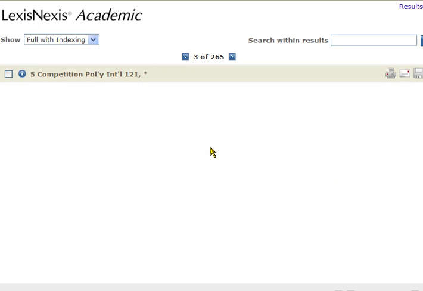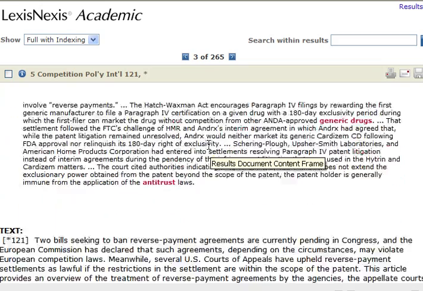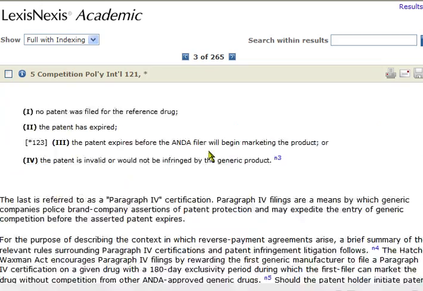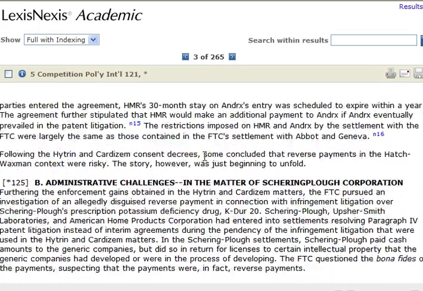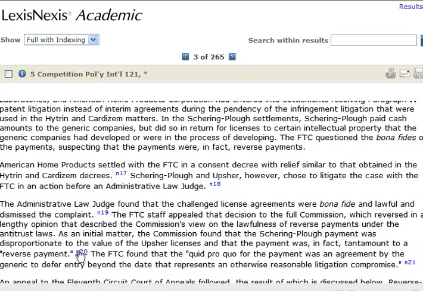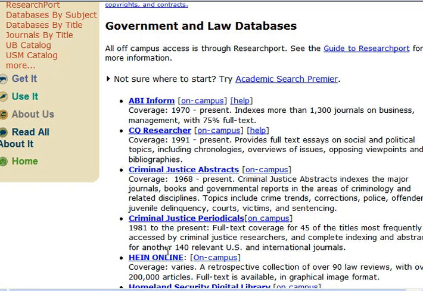These things, when you go and look at them in full text, are a little bit of a bear to read. They're not very well formatted. They're just these really long text files that you can go through. So the advantage with LexisNexis is that it makes it really easy to search and gives you some flexibility, but the other database, Hein Online, has a bit nicer of a presentation because you can get PDFs of these particular articles. So if we go back to our databases by subject and select Hein Online,